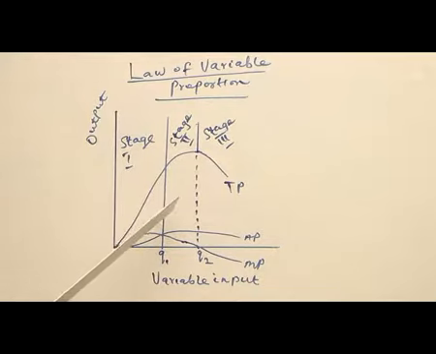So as the firm is increasing its variable input, more output will be achieved gradually, up to a point where the firm will use its fixed input up to the maximum capacity. And once the firm uses its fixed input up to the maximum capacity, total product will get to the peak